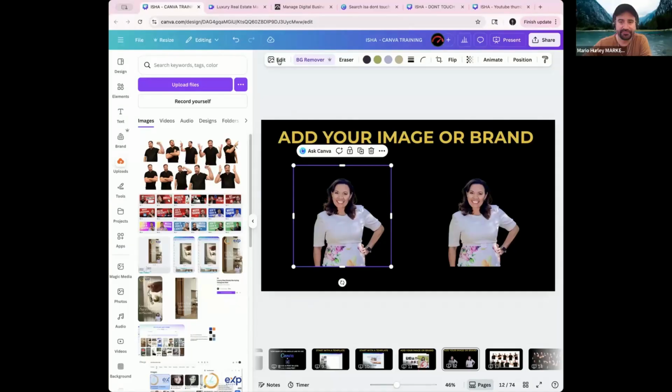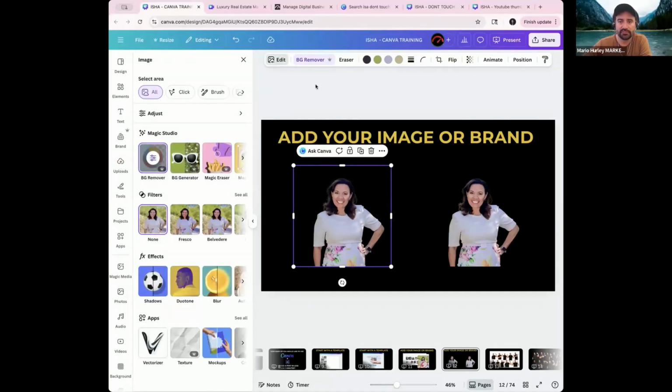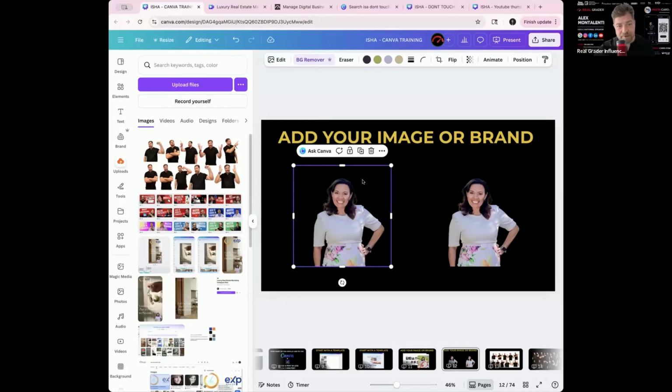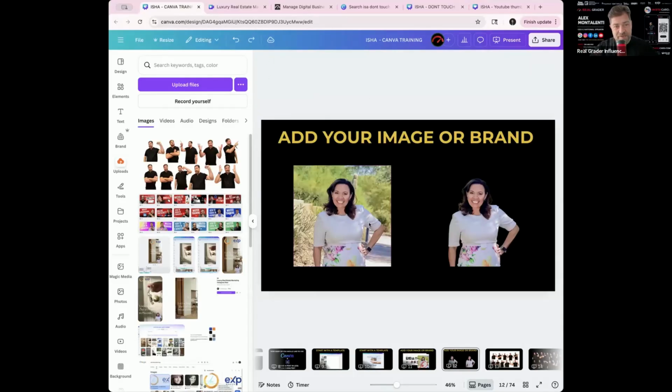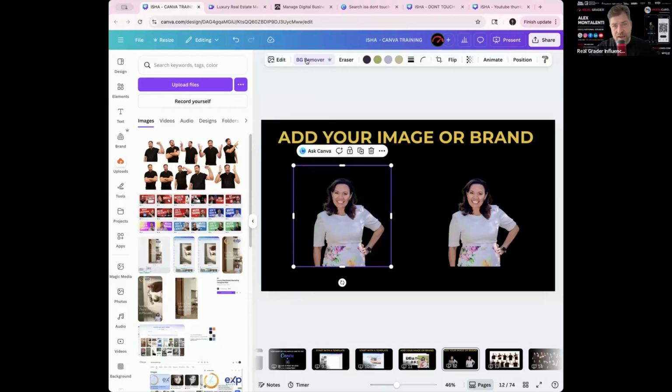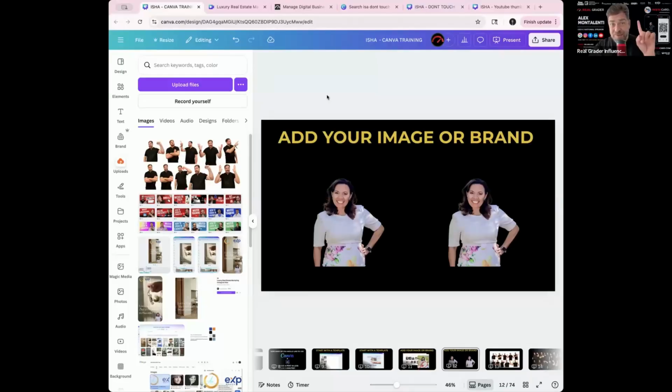And he would have to sit there and pixel by pixel remove the background. In fact, if I go to edit, they're going to give me the ability to go pixel by pixel. But now we have background remover that removes the entire background. So somebody said, do it again. Let's see the magic. I copy the image, I paste it into Canva, I hit background remover, and voila, it is gone. Shelly said I used to kill my wrist to remove backgrounds. I'm telling you, this one feature alone is a game changer.